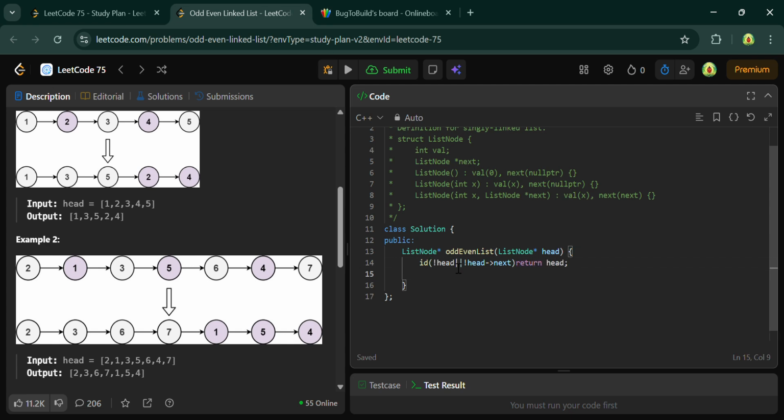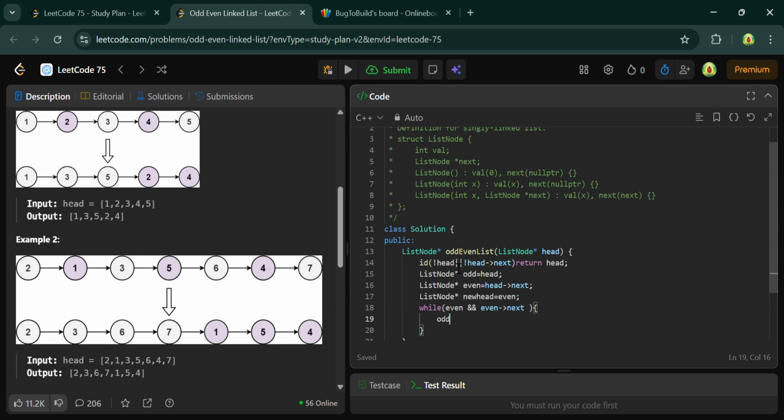Again you have to create a ListNode* odd equals head, and a ListNode* even equals head's next, and then create a ListNode* newHead equals even, and then while even and even's next,